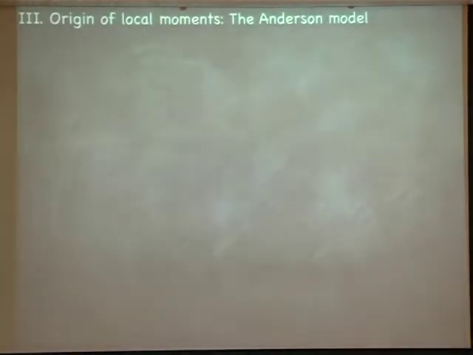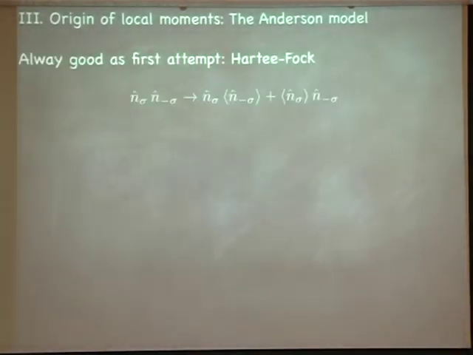Okay, so what can you do with that? Well, the first thing is you do Hartree-Fock. Fock doesn't exist here. In my case, Hartree means you take the n sigma, n minus sigma, that's the two-particle interaction term, and replace one of these by its expectation value. Antoine told you that's the worst thing you can do, but let's do it nonetheless. What you then have to do is go through some algebra, which you can find in Alex Hewson's book, or read the original article by Phil Anderson. I can just recommend to do that. It's a wonderful article, actually.